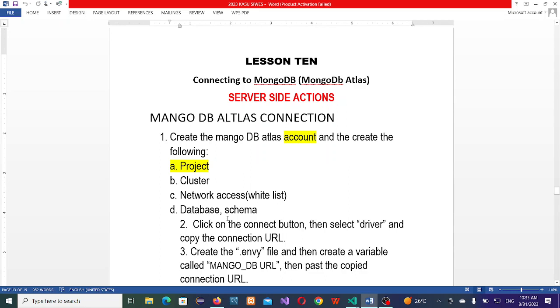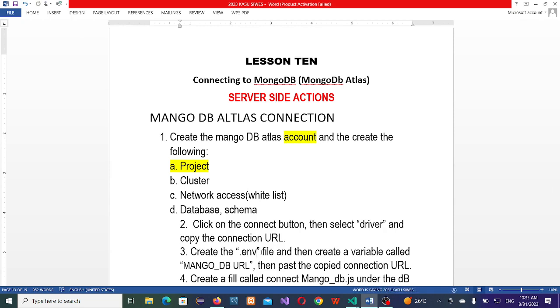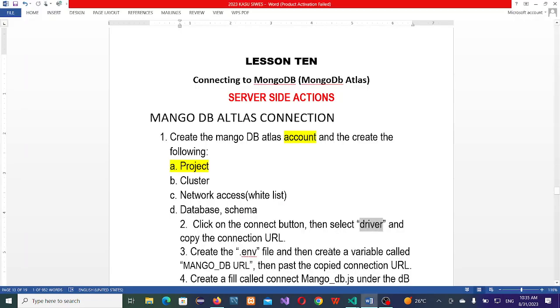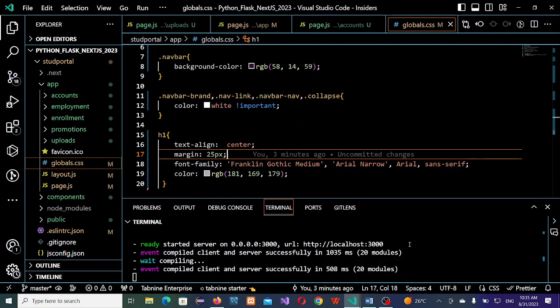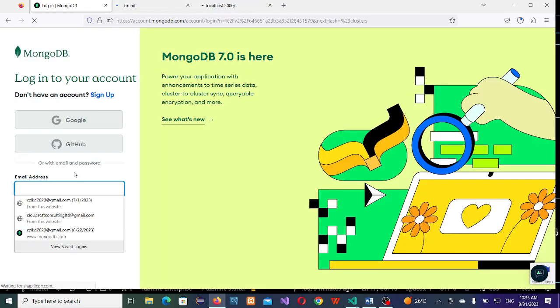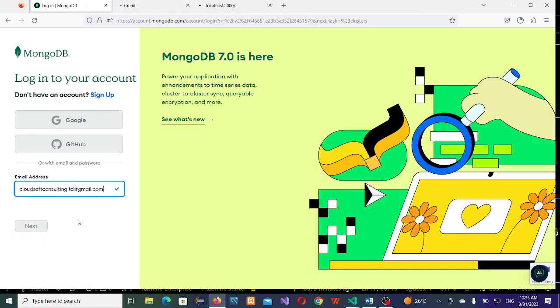and then we try to connect using the driver option. That's one thing with MongoDB. It is very slow, but before it finishes, let me quickly run our application. Okay, our application has run. So we'll be working side by side with our app and MongoDB. MongoDB is coming up,